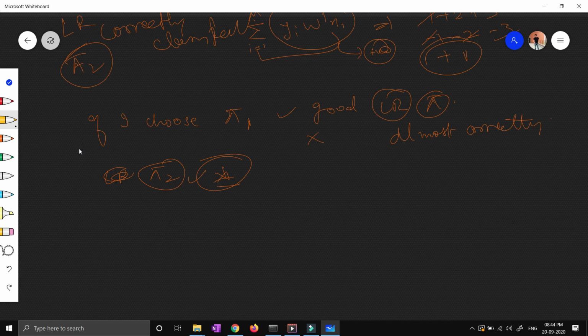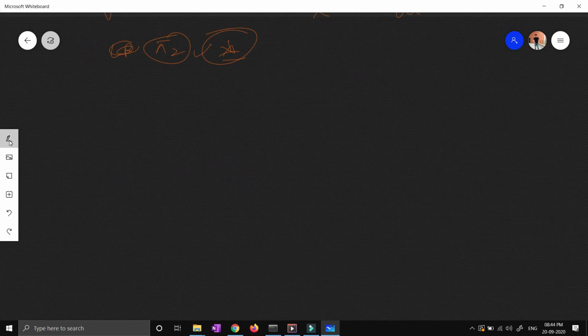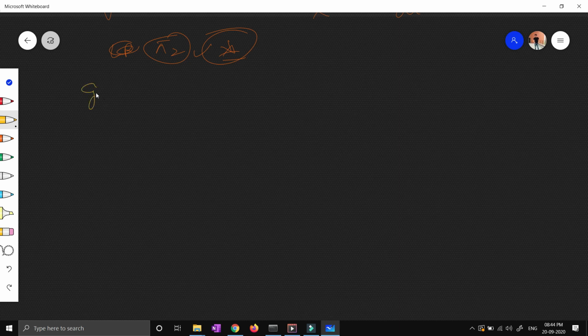And we have to solve this problem. In order to solve this problem, we will have one basic and fundamental approach, which we will call squashing. So let me make it more clear. We will call it squashing. So what is basically squashing? The idea is to squash the value.